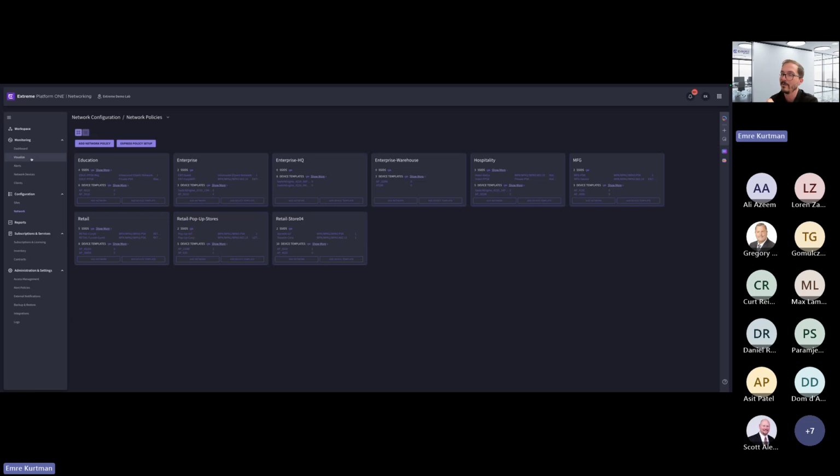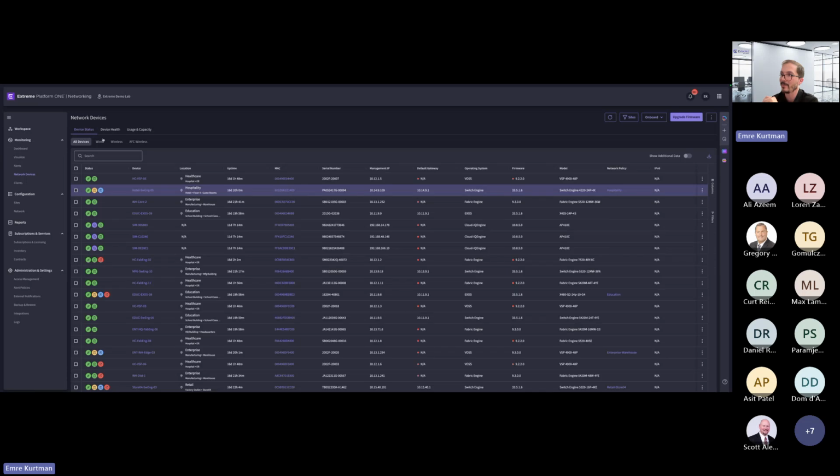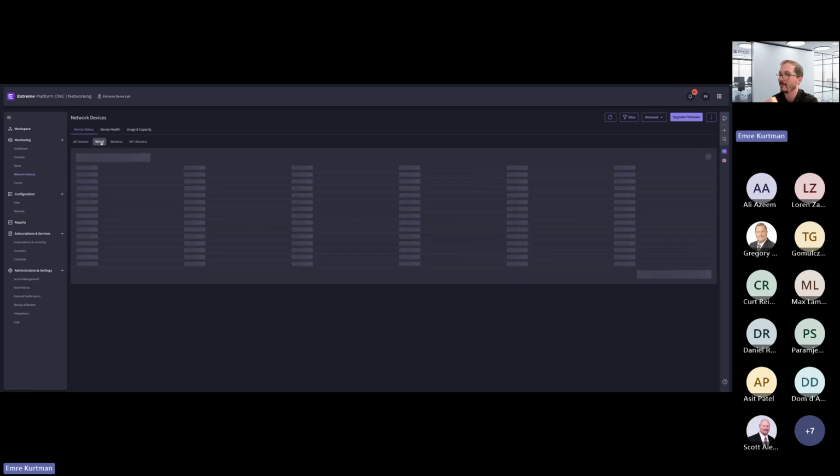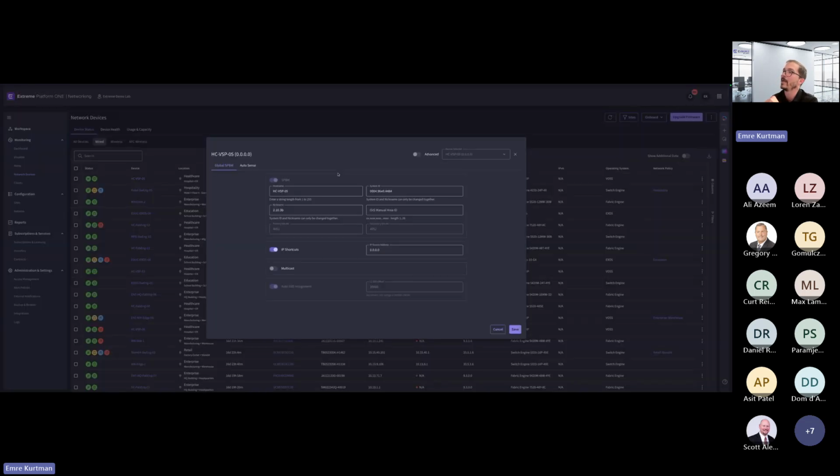So we are working on it, but today, if you want to configure your fabric, it is possible, but it is device level only. So if you want to go to a particular device, configure fabric, and you will have these screens with the global SPBM parameters.